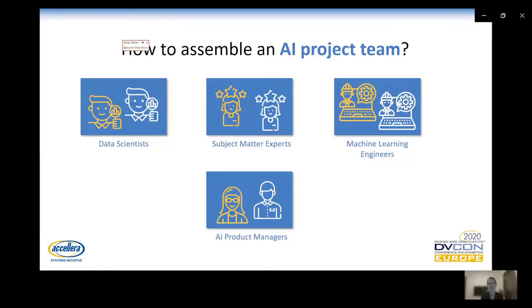When we're talking about an enterprise and being able to implement use cases, we need to have an excellent understanding of the domain that we are operating in. So we need people that understand the business aspect and the specific domain in which we are operating. And those people must be part of the project team.